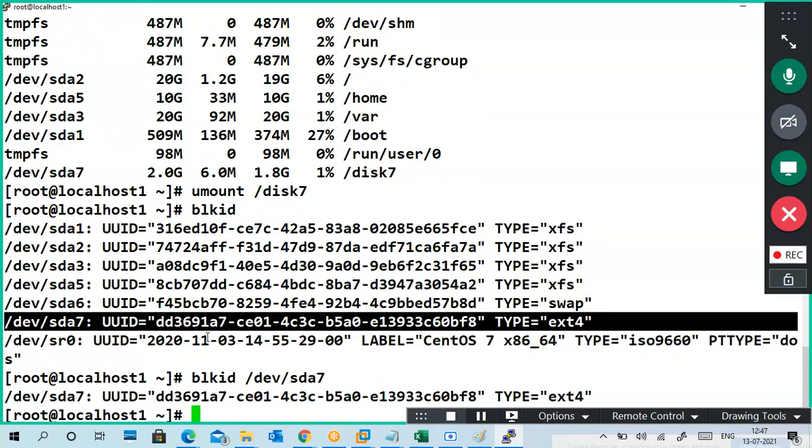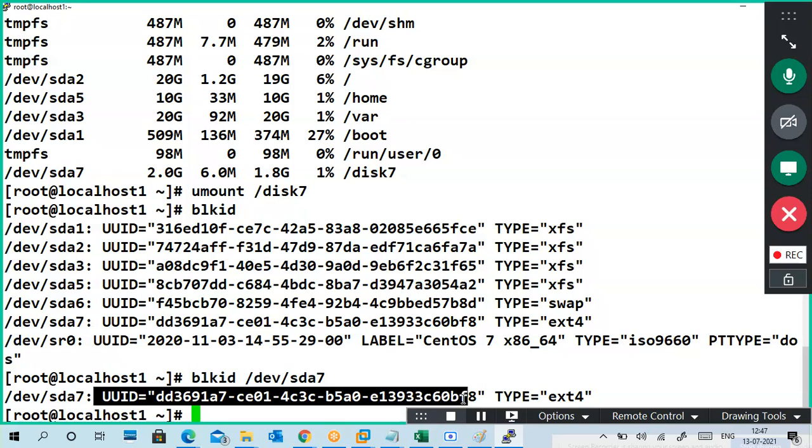So you can see its UUID, and partition type is ext4 file system we are using. So I'm copying this one, just by highlighting it is enough. No need to right click, guys. Simply selecting it, it is automatically copied.